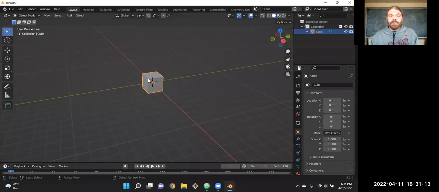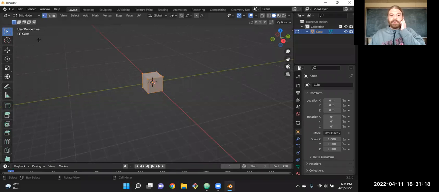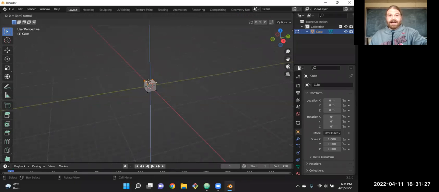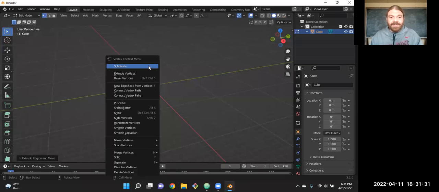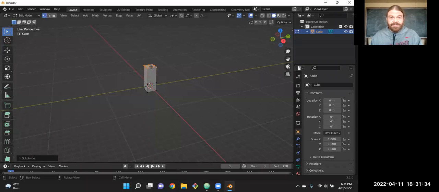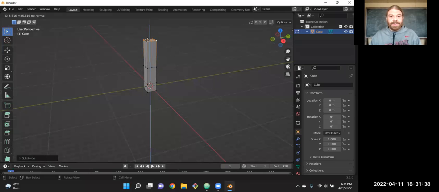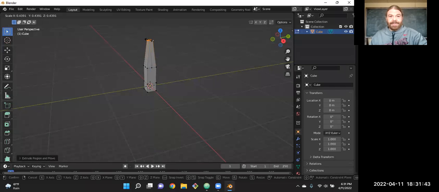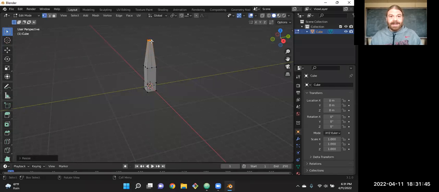I'll come back over here. Well, I'll use this cube. We go in edit mode. We could make a tree, right? We've seen some of that. I'll hit E to extrude, just bring that up and maybe subdivide this. So I got like 4 different ones, and then E, extrude that up, something like that. S to scale it down, make it a little smaller.